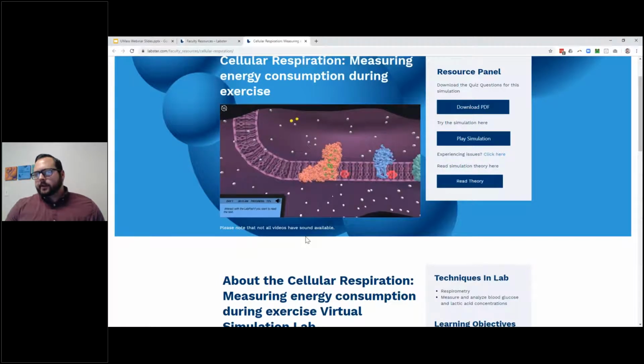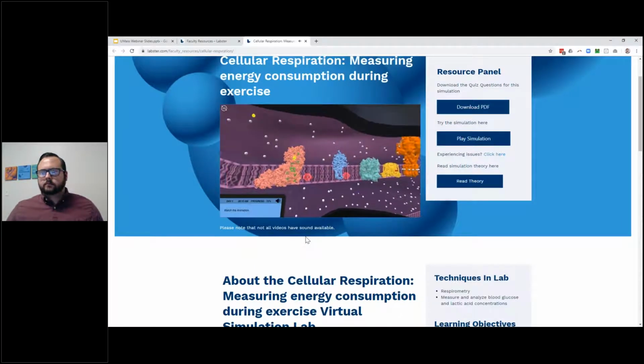I'll allow the animation to play through for a quick minute here, just so you can get a quick example, and then we can move on afterwards. As you can see, the students can look around, look at every part, focus in on certain areas, and watch it, unlike you'd be able to do in the real lab. This is one of the ways that we really help close those knowledge gaps and help students understand what they're looking at.